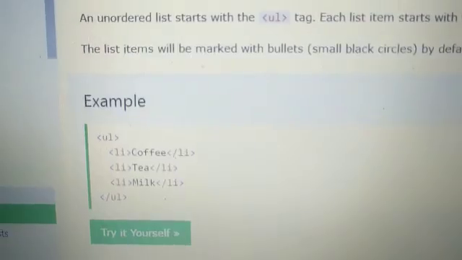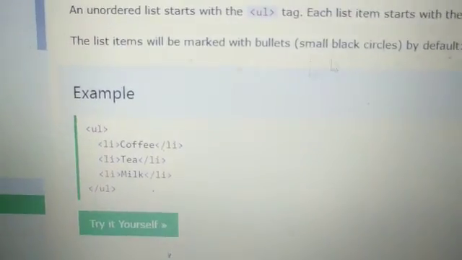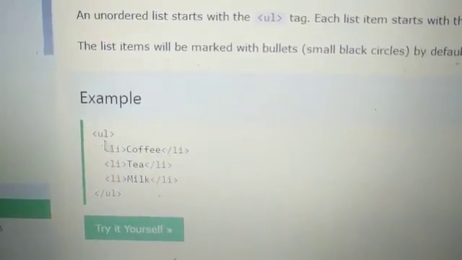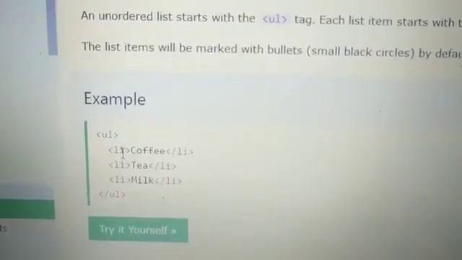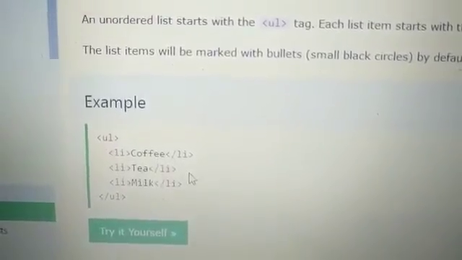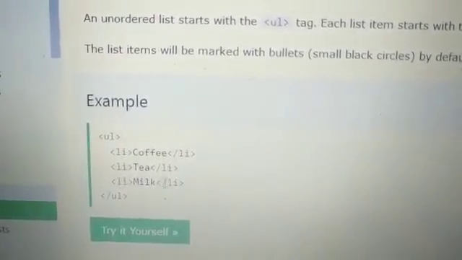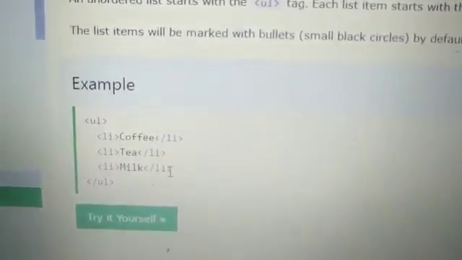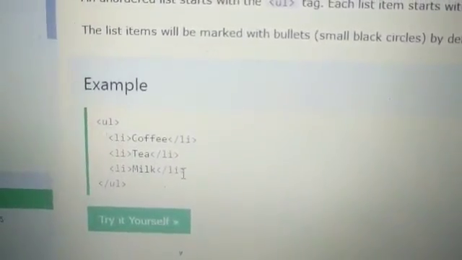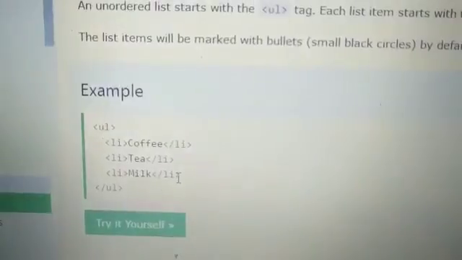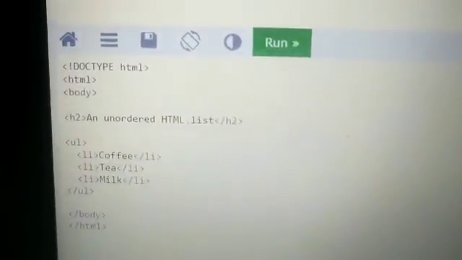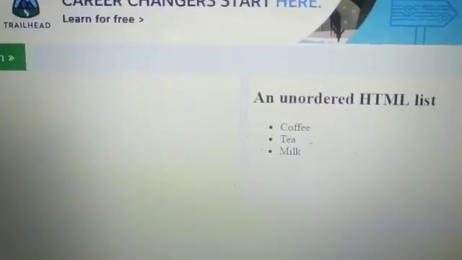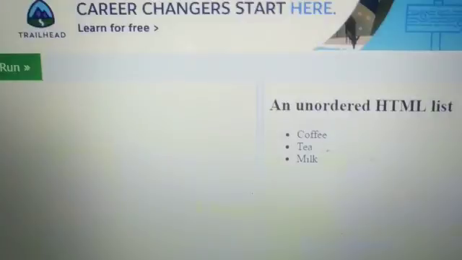See this one. I want bullet precedence over here, so I have opened the UL tag, and under this we have written the ingredients you require: li tag open, li tag close, li tag open and li tag close. After incorporating all the list items, we close the UL tag. This is the output with bullet precedence.